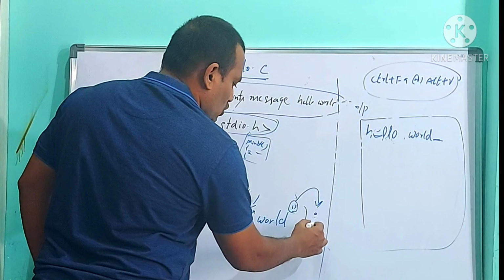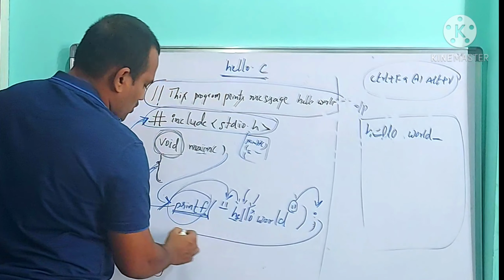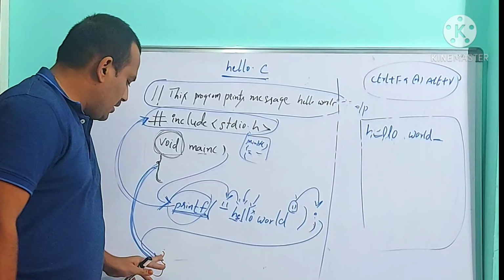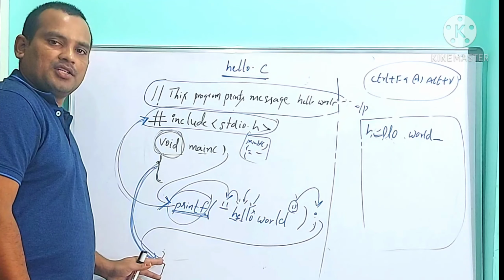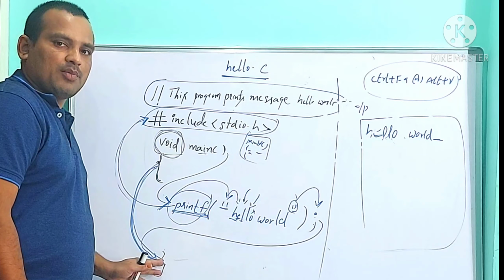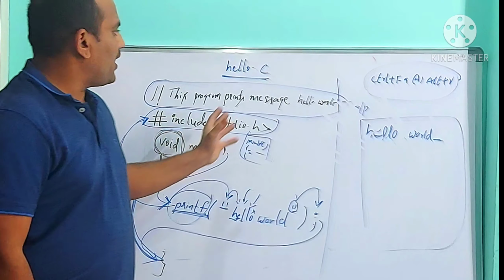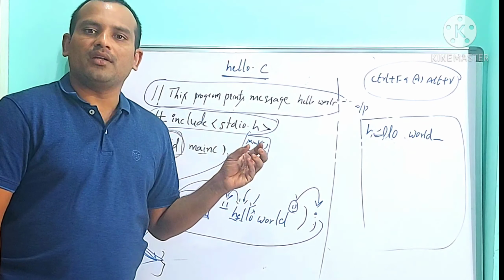When the compiler reaches the end of the statement, that is the semicolon, it goes to the next statement, generally in the next line. What is there? The end of the main function, the close curly brace. So when the runner reaches the close curly brace, it stops processing. So this is a way of executing a program. And remember, to execute a program we need a runner.